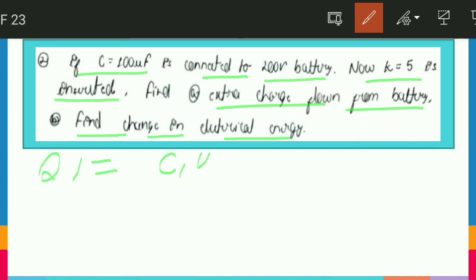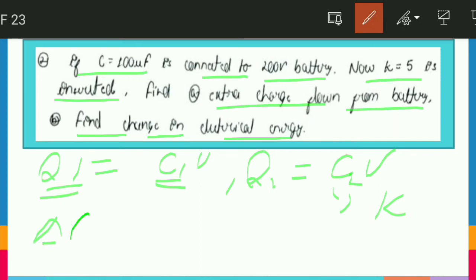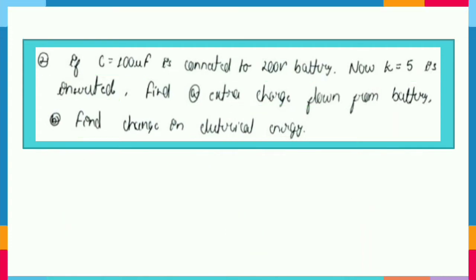C1 times V, where C1 is the initial capacitance and Q1 is the initial charge supplied by the battery, and Q2 we can write as C2 into V. V remains constant because the battery is not changed, where C2 is our new capacitance after inserting K. So friends, can we find delta Q? It is easy, just Q2 minus Q1. Moving to the next slide,